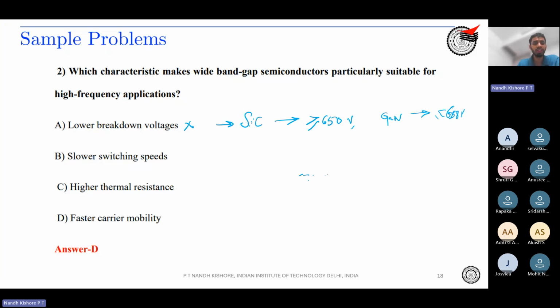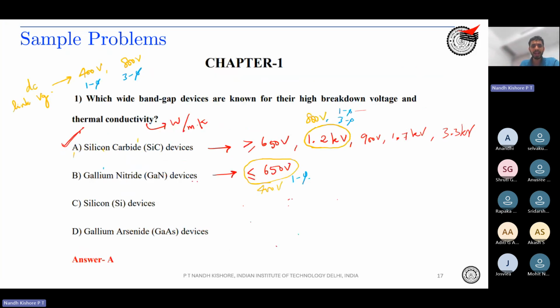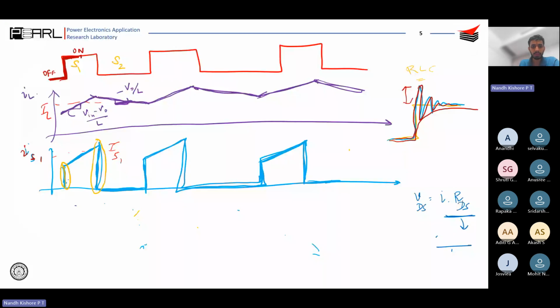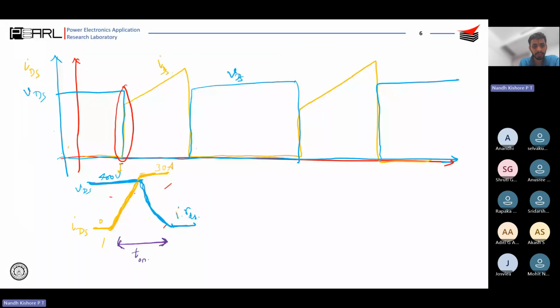Okay. And slower switching speeds, definitely not. So I can tell you that SiC has a turn on time. We were studying about the turn on and turn off times just some time back, right? This time over here is the turn on time, right? During turn on, what happens, and during turn off, what happens. So this turn on time for SiC,